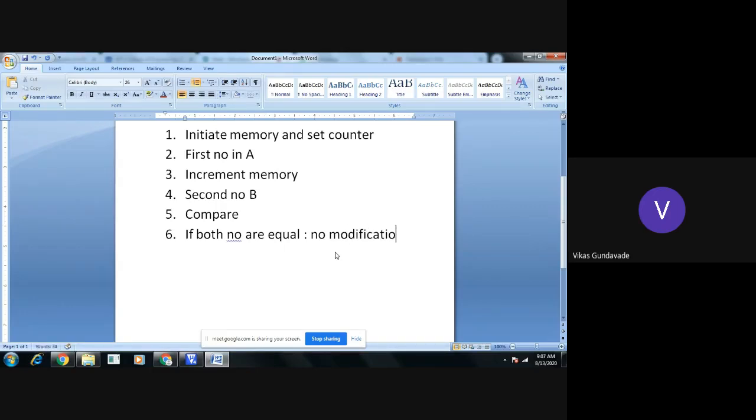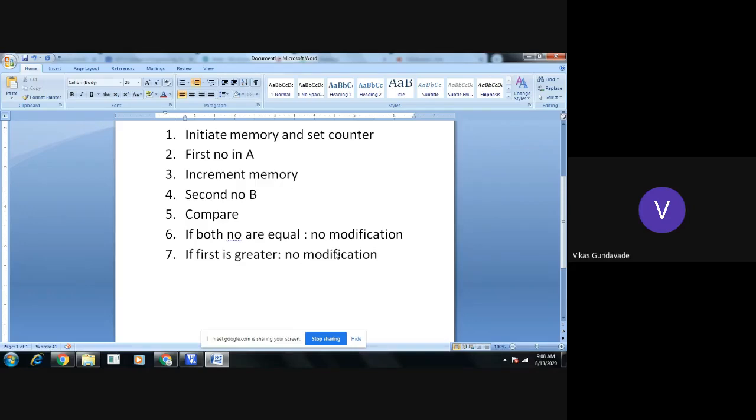And if the first number is greater, then also we have to do no modification. These are the two cases where we need not make any sort of modification.